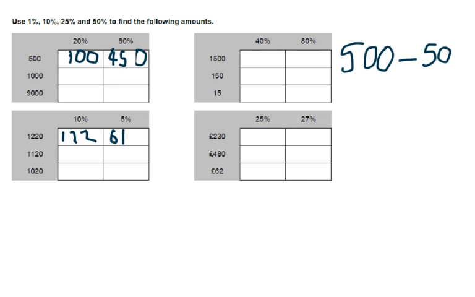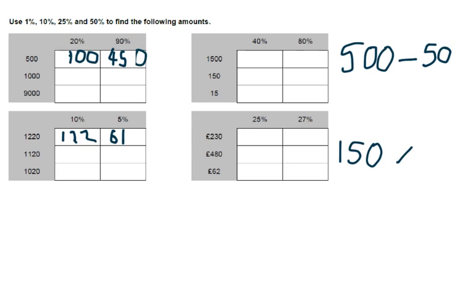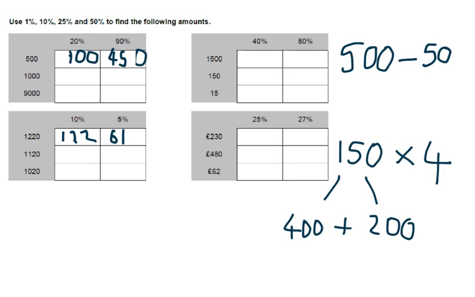So use your familiar fraction. Oh, that was the wrong button. Use your familiar fraction to work out the new fraction. 40%, well, that will be your 10% 4 times. So I know 10% of 1,500 is 150. 150 4 times. 4 lots of 100 is 400. 4 lots of 50 is 200. Add those together. So 40% is